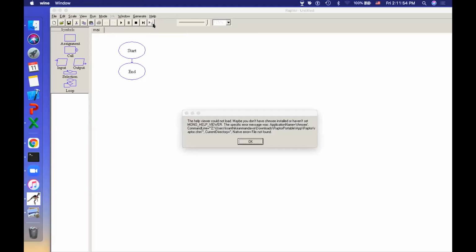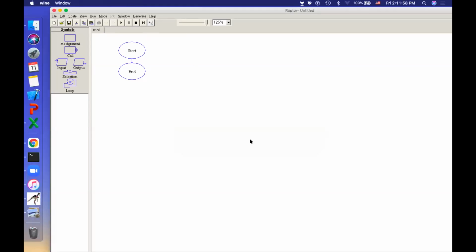When I press general help, it's not working. It's saying something needs to be installed. So I think your computers will show the help. So we will go to help in some other systems in Raptor, and we will see what are the different functions and things that are there in graphics in Raptor. So initially, I will show you a small demo of how you create a small interactive session.